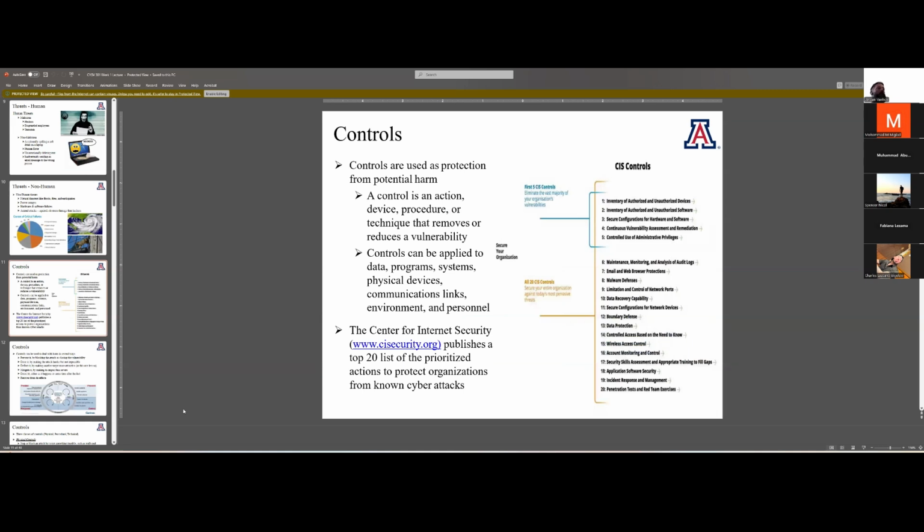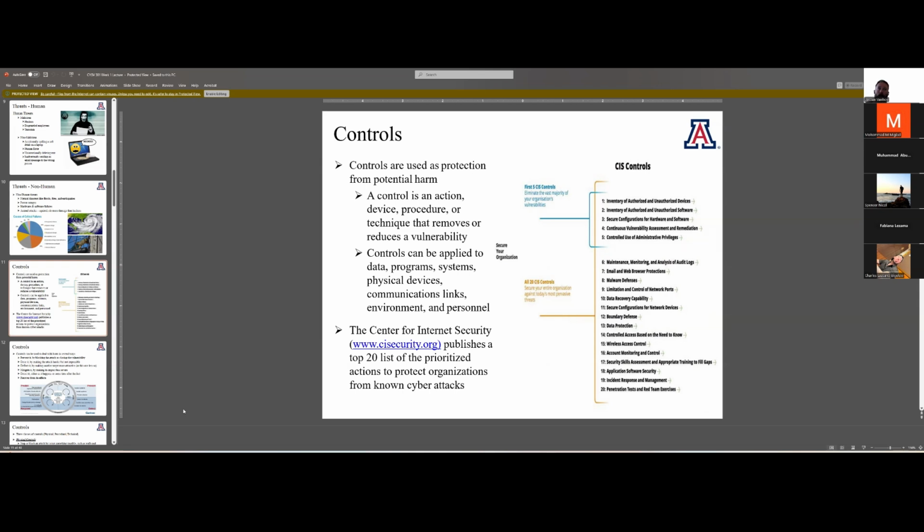So controls, right? What is a control? Well, it is a form of protection, right? That is going to reduce a vulnerability. There's a lot of different control frameworks out there, right? But I just want you to understand that a control is a way to reduce risk or reduce a vulnerability to an acceptable level, which depends on the risk threshold, but ideally you want to reduce a vulnerability to none. But so over on the right, we have the CIS or Center for Internet Security Controls.